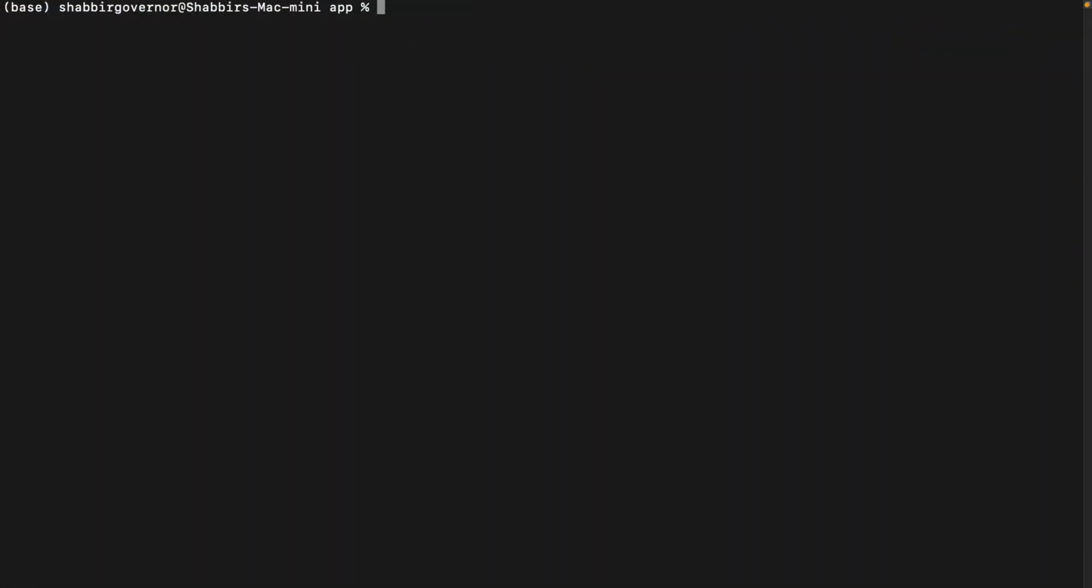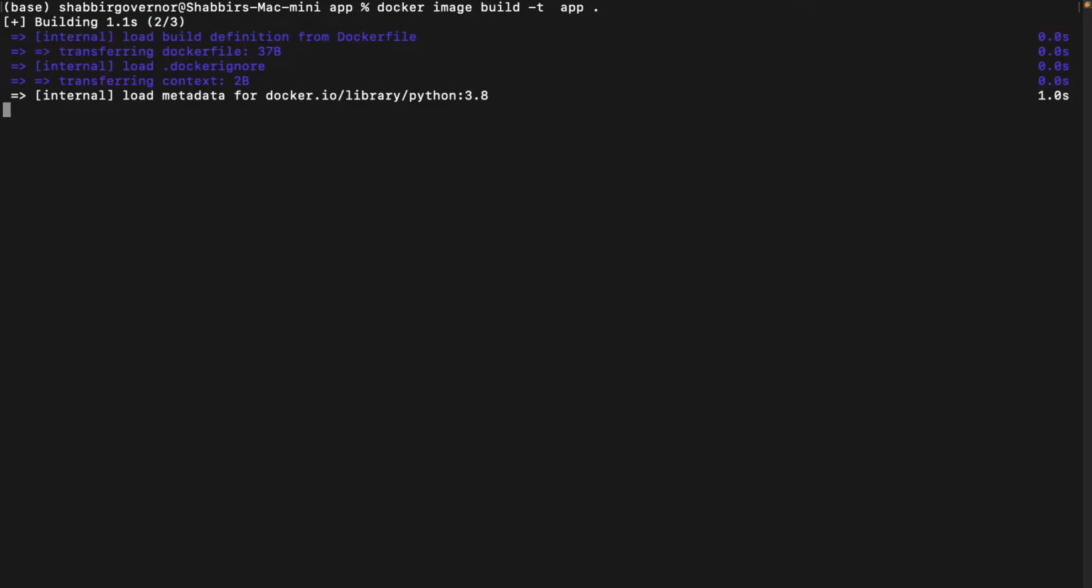Let me just clear the screen for you once again. This is the first command, which says let's build a Docker image: docker build, with the tag and the name as app, and then put a period and just press enter. What will happen is that all the things that we had written in the Dockerfile will start getting